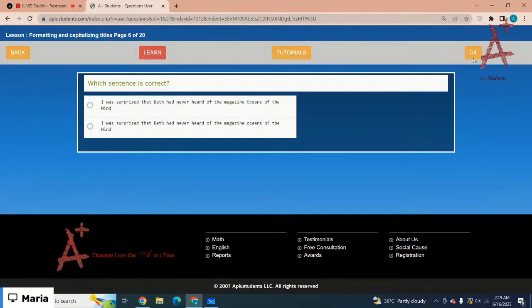So, which is the correct option? Which is the correct option? I think they both are exactly same, isn't it? Both options are exactly same. And also,